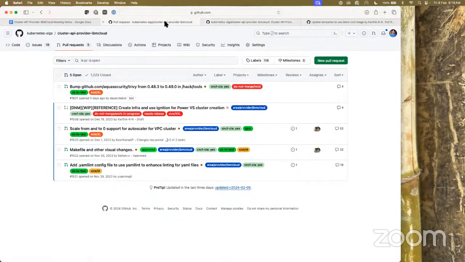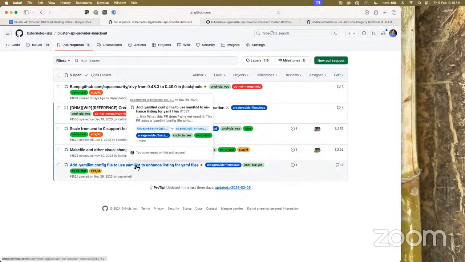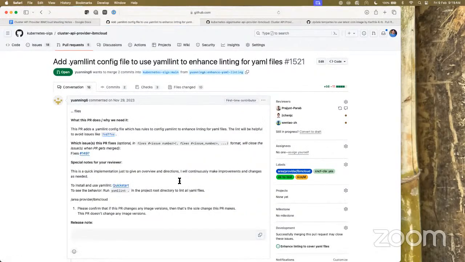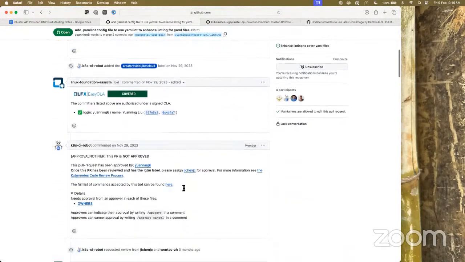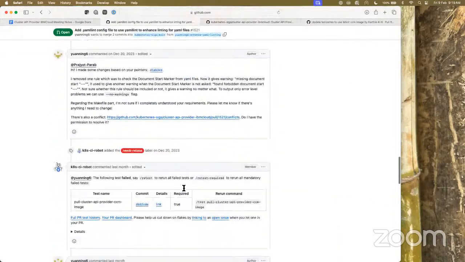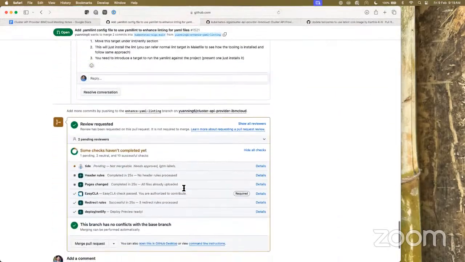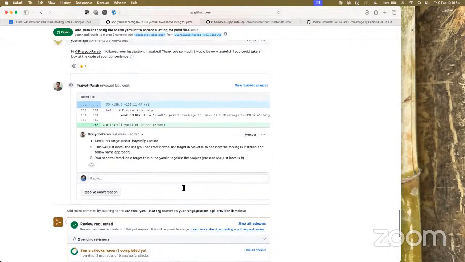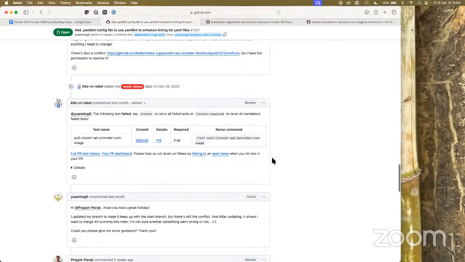Going back to the work items, these are the items we have. Maybe we go one by one. Is there any update on this? I'm not sure, this has been pending for quite some time. I'm not sure what the person is able to fix. The person comes up and then disappears for a few weeks, so it's getting delayed.